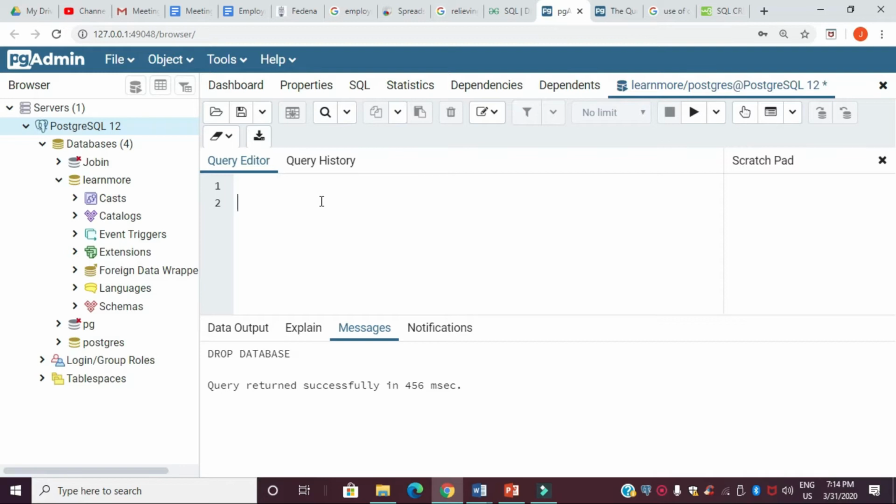Our example is to create a database with the name testDB. So the command is create database, and you can give a database name. You can have any name. In our example, the name is testDB. After that, put the semicolon, then execute the query.